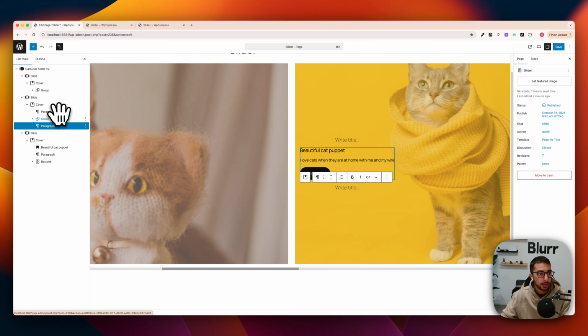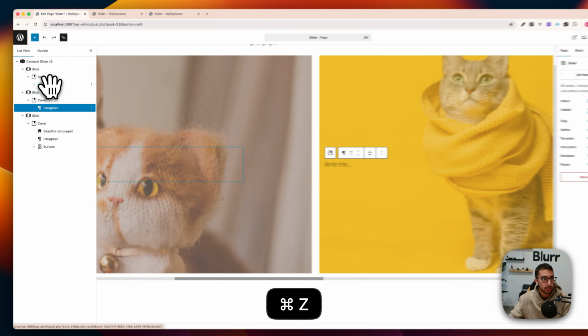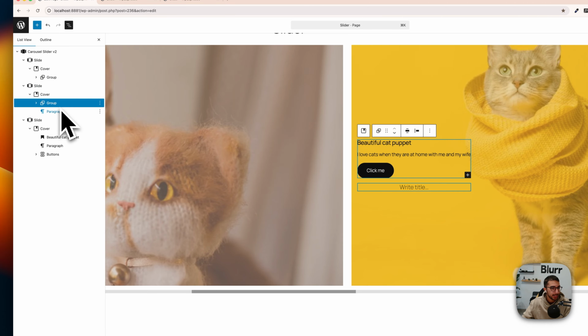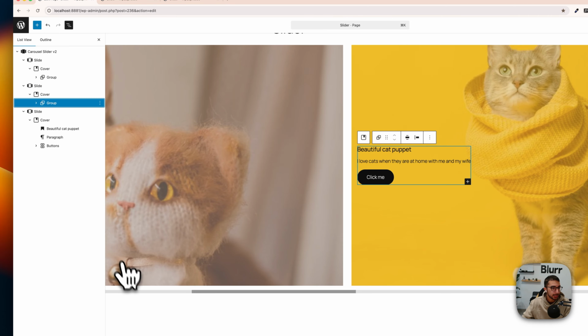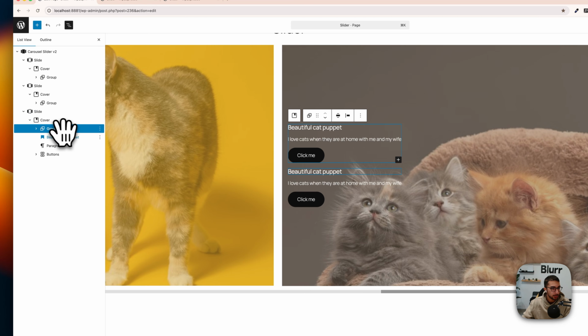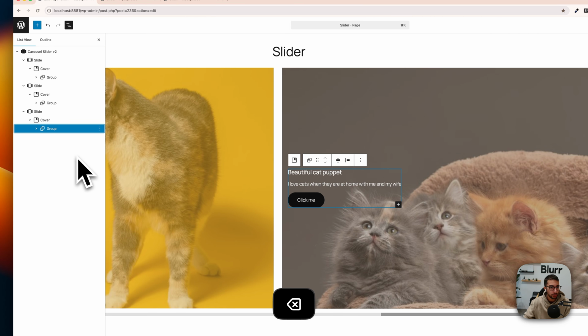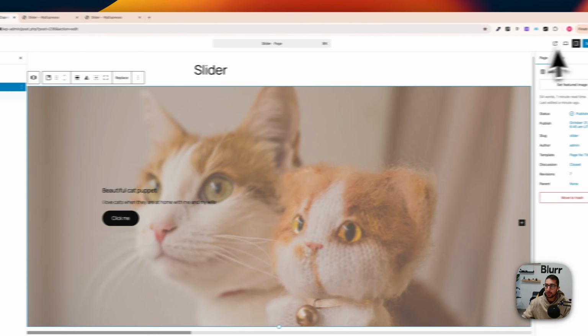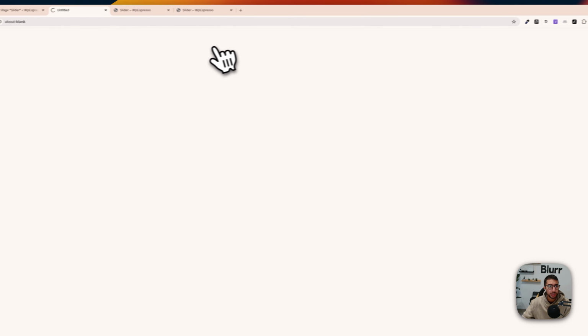Okay, wait one second. I think that duplicating is a lot easier than copying, because when I copy stuff here, I always mess something up. So let's put it here and then remove those. Okay, so basically now every cover has its own group, and if you save this and you go here, okay,